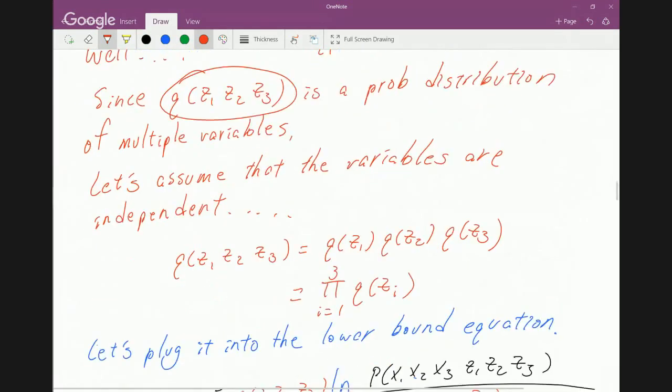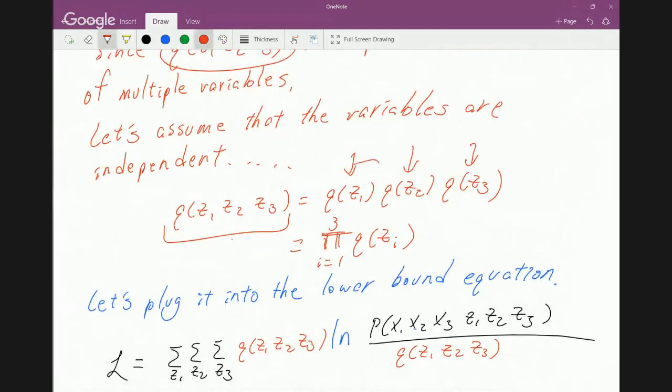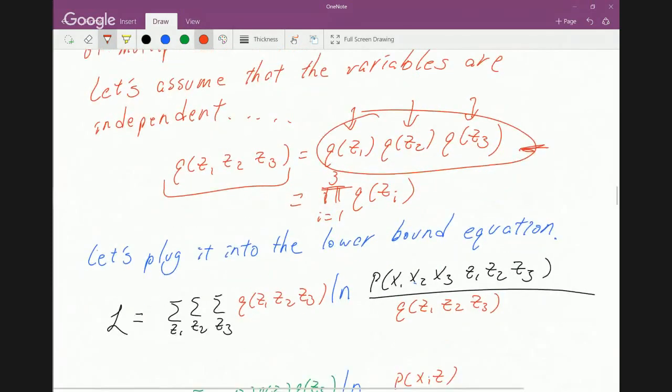If they're independent, it really means that we can separate them. Instead of Q(Z1, Z2, Z3), now we divide it into 3 separate functions. We separated them, or you could write it like this, with the product. And now, if we look at it this way, we can plug this into the original lower